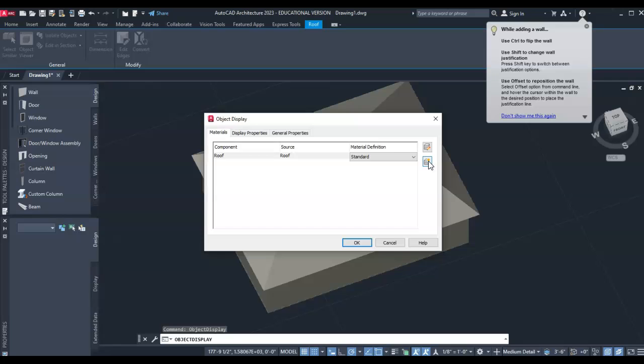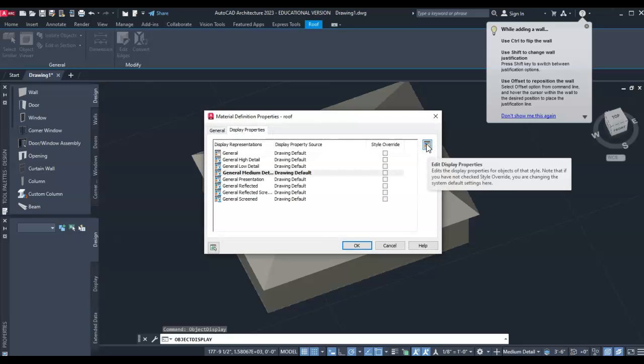I'm going to create a new material. I'm going to call it roof. Hit OK, and it'll change it there. So that made a new material. This one will allow me to edit it. Alright, and if I click on Edit Display Properties,